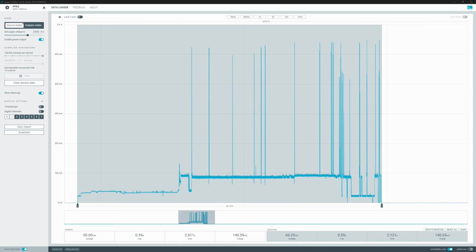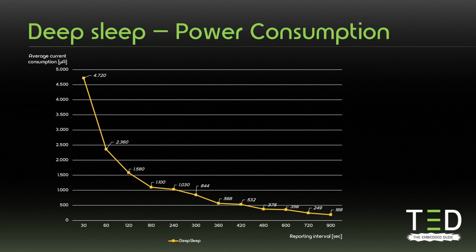Alright, now that we know how much power we consume for a 30-second interval, let's put that together with the data for the other intervals into a graph. Here is the graph for the deep sleep power consumption. As you can see on the x-axis, there's the deep sleep intervals in seconds. So at 30 seconds we have a power consumption of 4.72 milliamps or